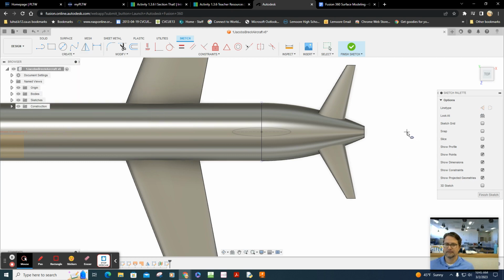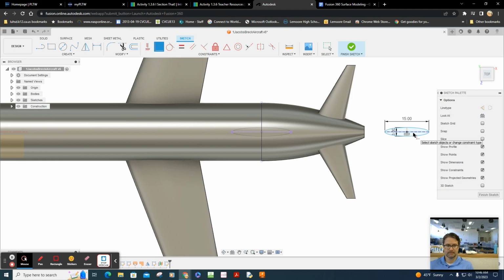And select 15 units. Put it up 3 units. And let's try to constrain this object. Nice. So I constrained it to this axis. I like it.